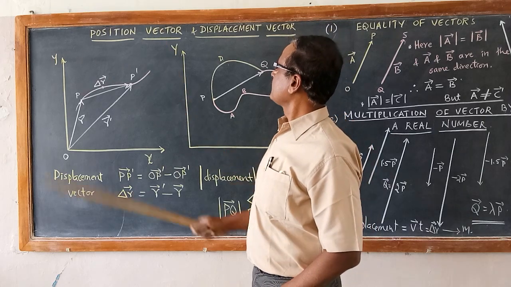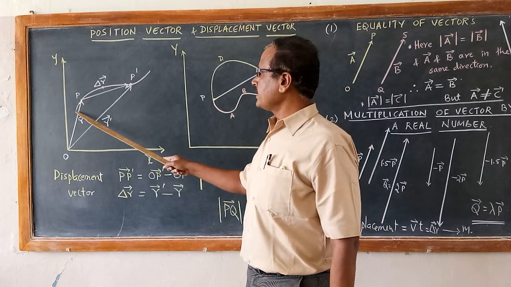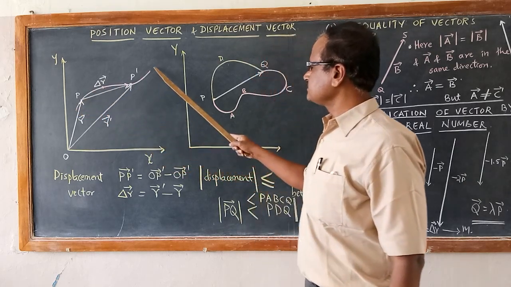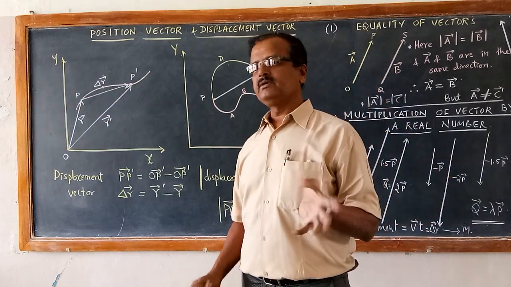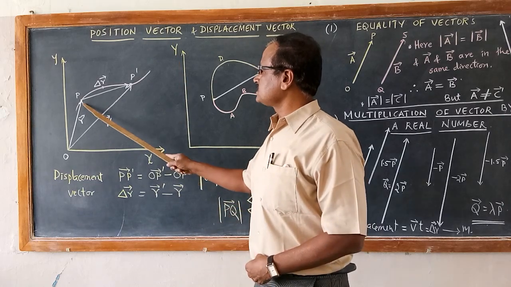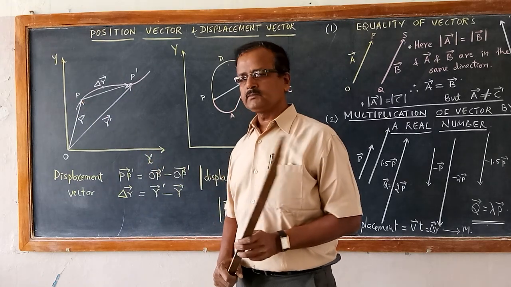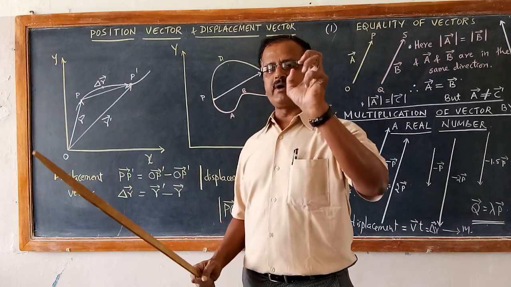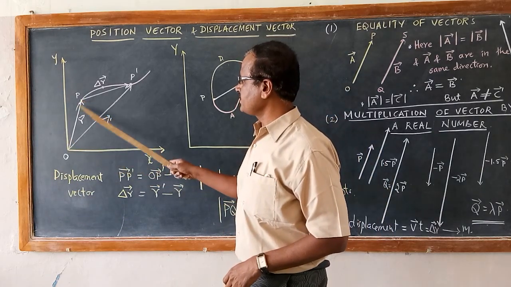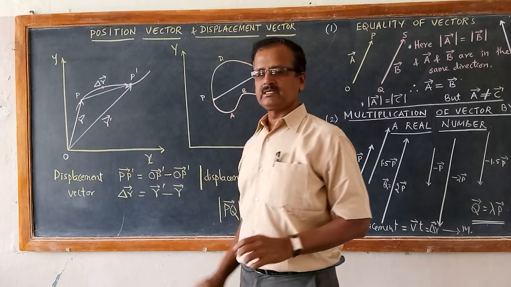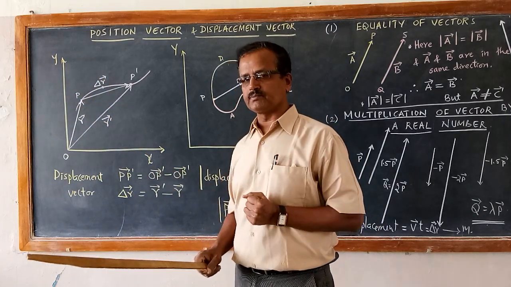Now let us first study the position vector and displacement vector. Let us say an object is moving in this particular path. This curved path represents the actual path length of an object which is in motion. At time t equal to 0, suppose the object is at point P. When we measure the distance of that object from the origin, the OP distance gives you its initial position at time t equal to 0.